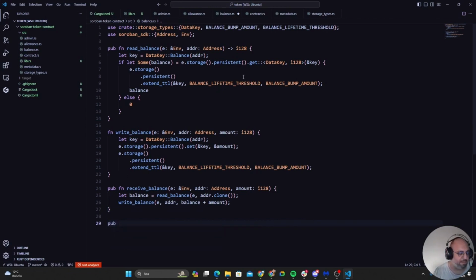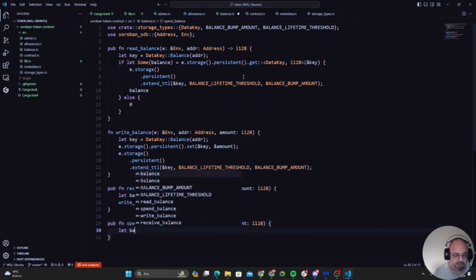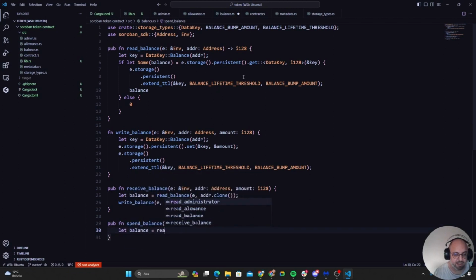So we will go with the pop function, and we are going to use spend balance this time, and again we have our E as the environment, and we will have our address as address, and we will have the amount as again I128, and inside this code we will have the balance again as a variable, and the read balance again, this time it will read from address clone, so we just use this,